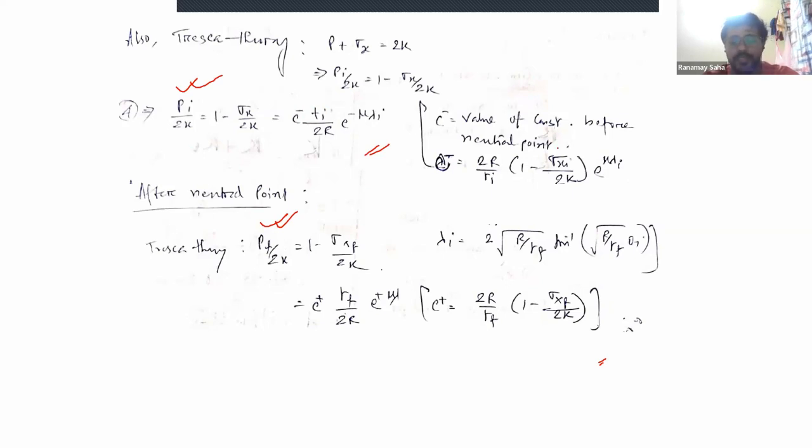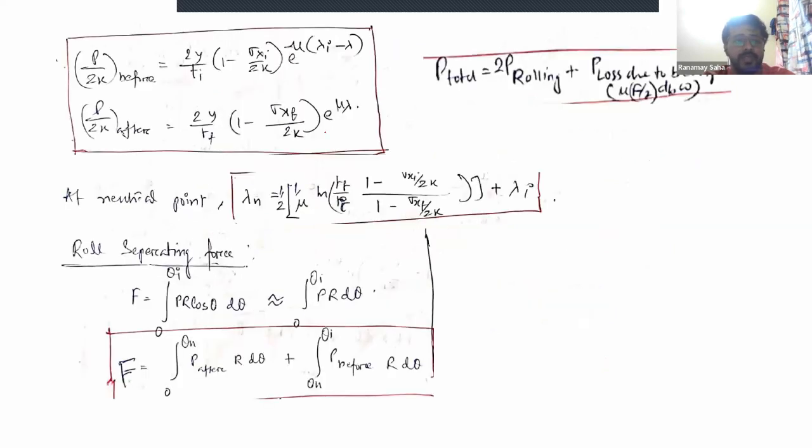So just a simple rearrangement would give you the values of the C minus and C plus constants. Okay? And you can just again put back these C minus and C plus values to find the P by 2K before and after the neutral point regions. So these are the expressions, right? And sometimes it can happen that there are some losses at the bearings